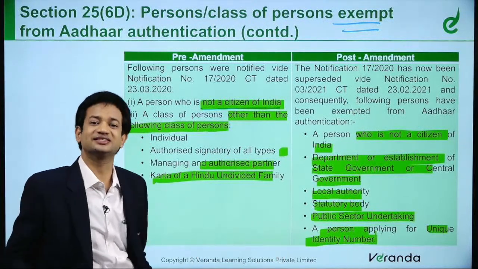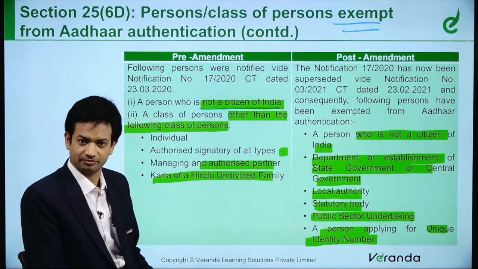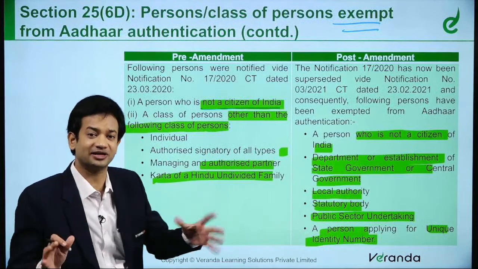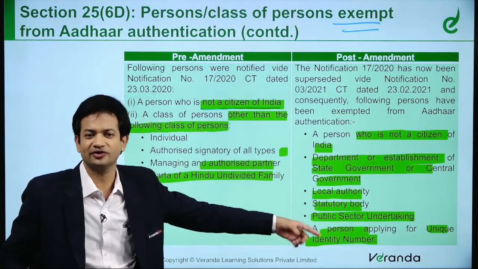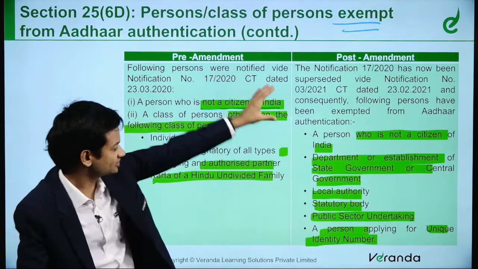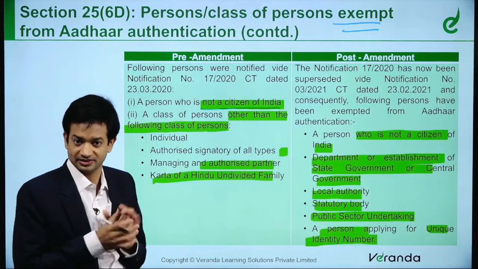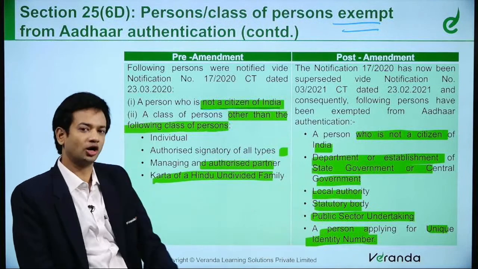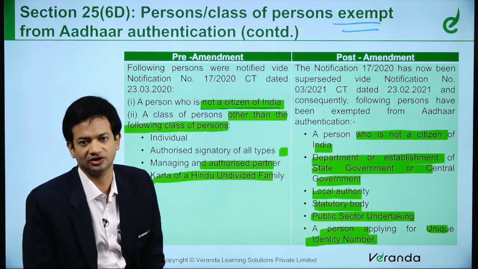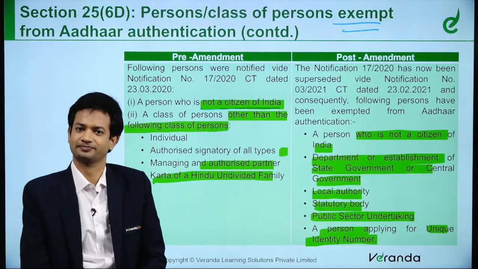What is this UIN? See, like embassy, consulate, they don't have a GST number, right? They can have a UIN number because the outward supplies are exempted. They are not liable to pay tax. Plus in the inward they can claim refund, right? So for that they have to have a unique identity number. So all these, they are not required to go through Aadhaar authentication. Simple. After the amendment, these are the persons who are not required to undergo Aadhaar authentication when they apply for GST registration. Simple, right? Next,